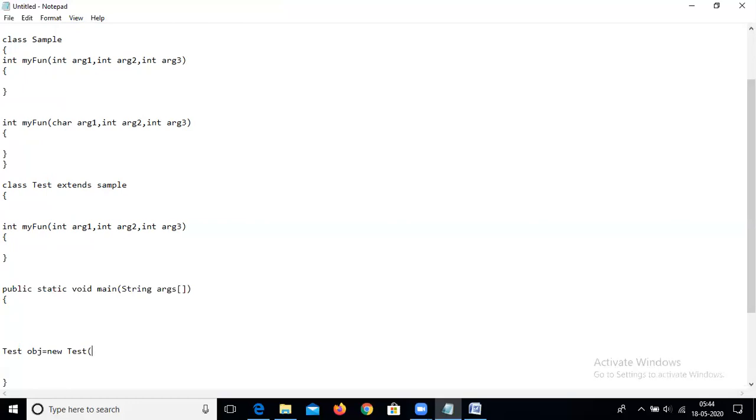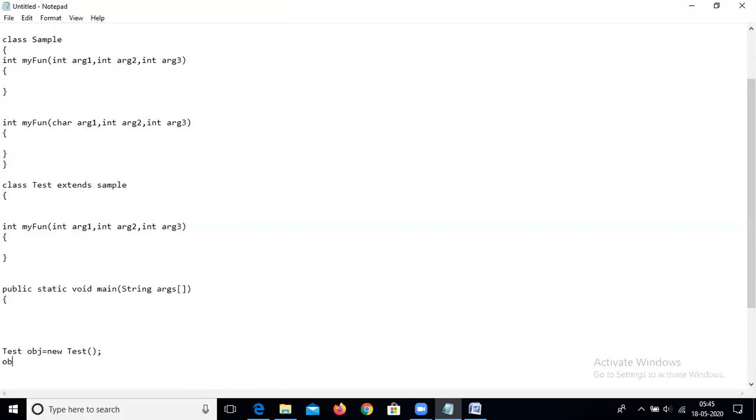Now, if I pass the arguments like 10, 20, 30, this is like calling the constructor type. This is not a way of calling the function. A function can be called by using the object instance and the dot operator. This is the way of creating the object.